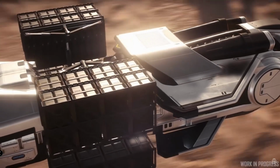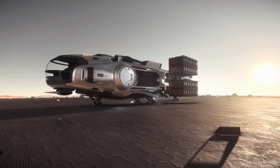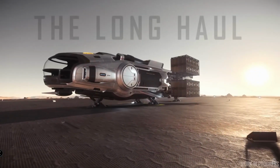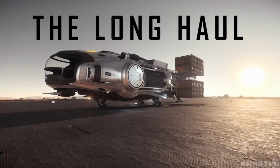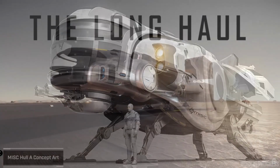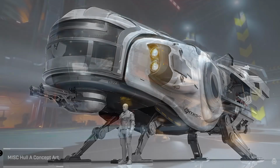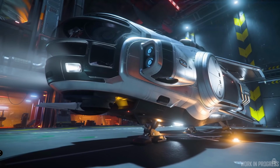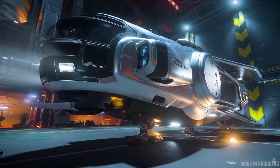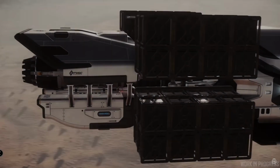The Hull A offers benefits that are usable in space and on surface, being able to land with its external cargo fully extended and not impeding the landing gear. Set up as a solo cargo hauler, it offers the benefits of larger ships as far as having living quarters, airlock space that has enclosed areas so decompression will not be a problem, as well as a typical MISC cockpit style. It has a taller envelope style windscreen that improves on the current design of most